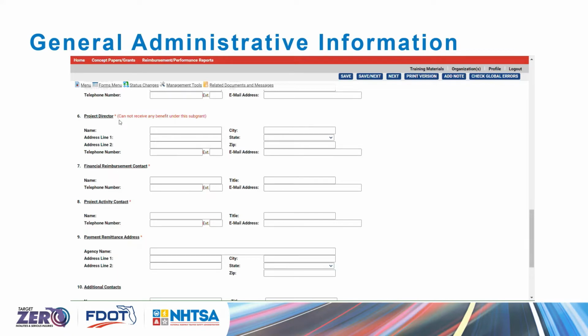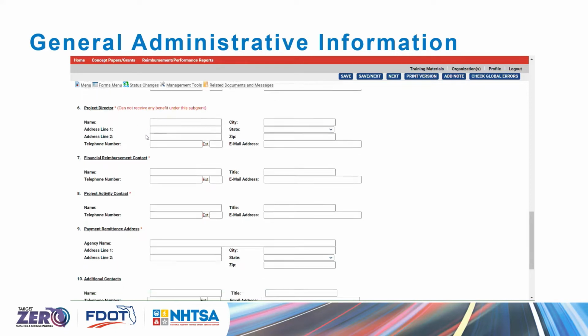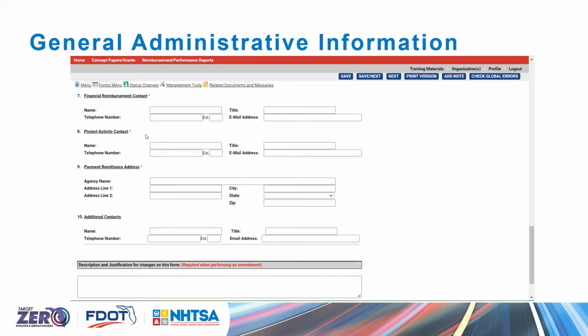The project director cannot receive any benefit under the subgrant. So please make sure anyone named here does not intend to work the grant or receive benefit in any way. The financial reimbursement contact is a contact that can provide answers or provide updated documents when necessary for reviewing the